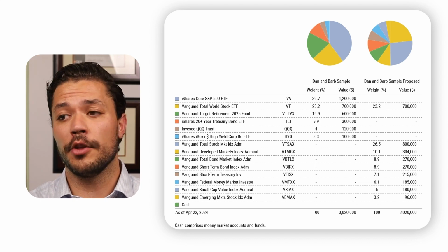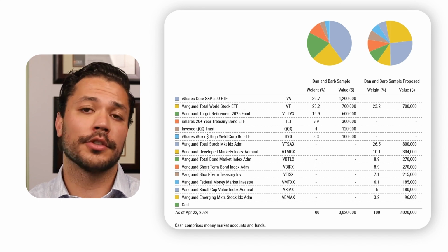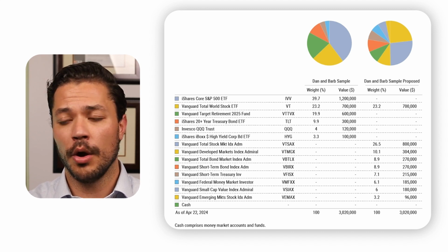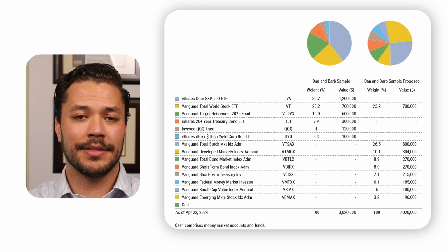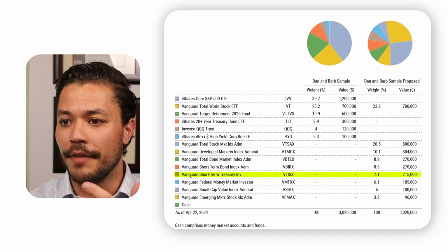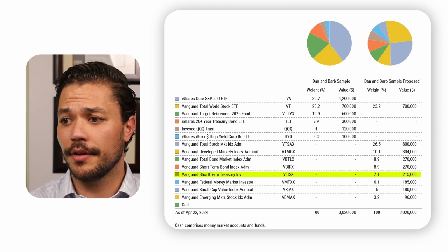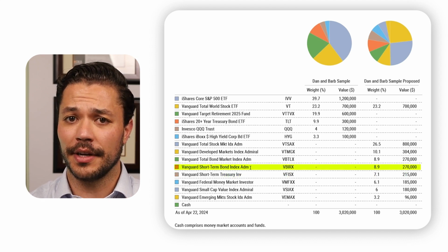So specifically, those bond funds are what we could adjust. Instead of holding long-term bonds like the 20-year, or low quality like the high yield bond, we prefer short-term bonds that are higher quality. And that's something like the Vanguard short-term treasury fund could accomplish, or even this Vanguard short-term bond index fund could accomplish,